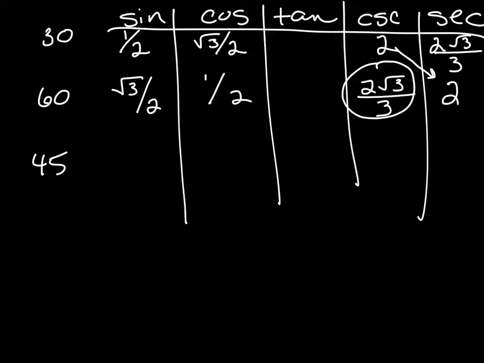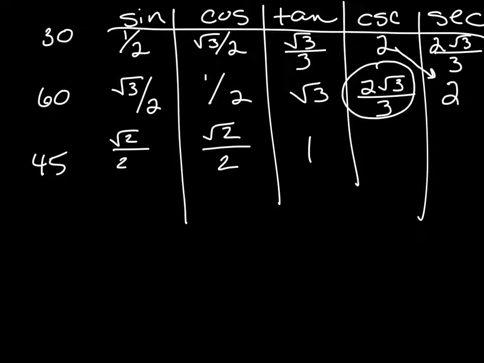The sine of 45 is square root of 2 over 2. And the cosine is square root of 2 over 2. And we said that the tangent was 1. And we said that the tangent of 30 degrees was square root of 3 over 3. And the tangent of 60 degrees was square root of 3. So if I'm going to do cotangent of each one of those,